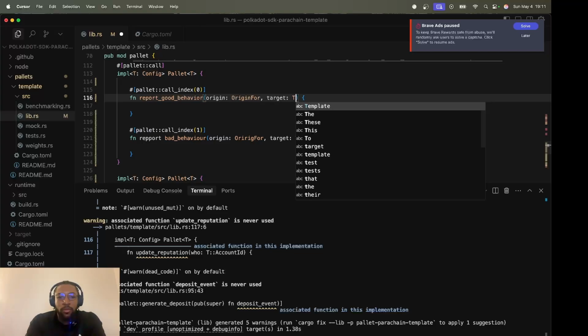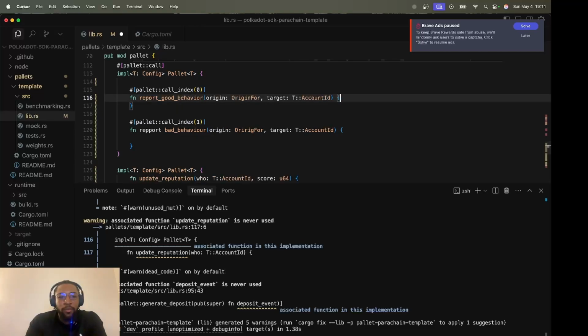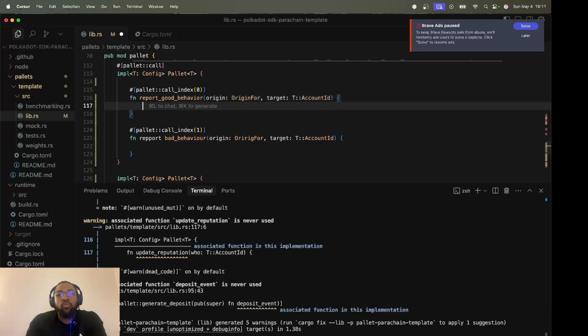It can be one function, but I think we'll just do two for visibility. Dispatch results.